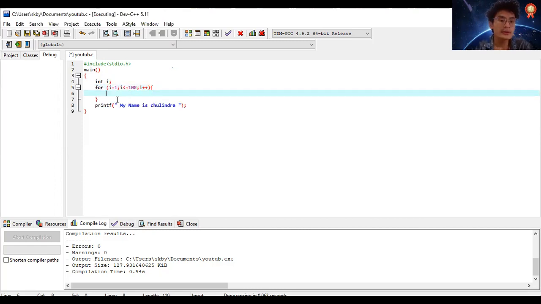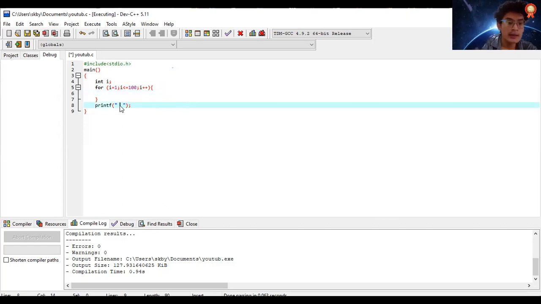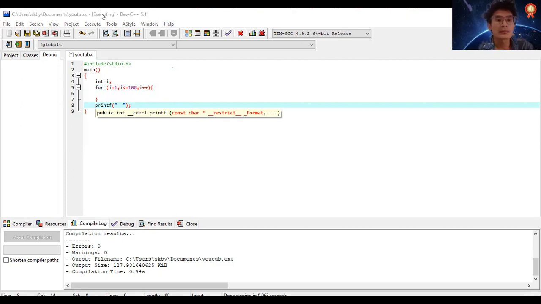Now I'm going to initialize here. I'm going to print from numbers equal to, then I'm using this sign, then